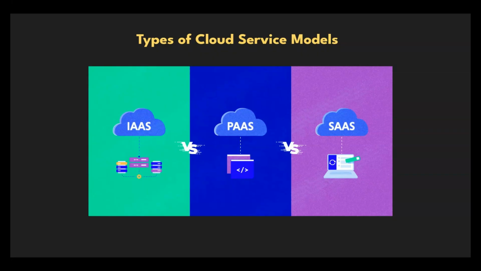Now, there are three different types of cloud service models. We'll discuss them. First is IaaS. It stands for Infrastructure as a Service. It provides virtualized computing resources over the internet. It's like renting the underlying hardware and infrastructure, so you don't have to buy and maintain the physical servers. Imagine you're building a house. IaaS is like renting the land, bricks, and building material. Basically, you'll still build the house yourself, but you don't have to worry about where you should get the land or the materials.